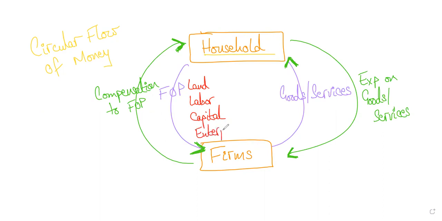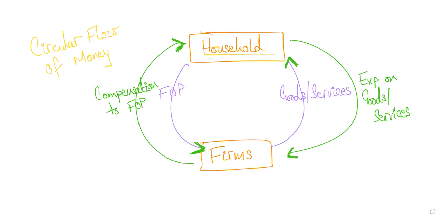Using these resources, firms produce the goods and services that we consume all the time, right? Even online teaching is a service. We buy goods and services: laptops, phones, cars, shoes, clothes. So firms use these resources to produce goods and services for the households. So this is the internal circle. The internal circle is showing the movement of real goods and services.